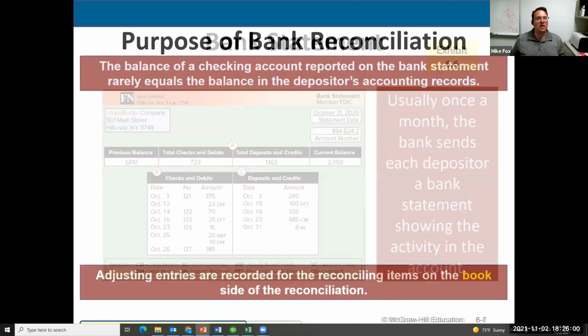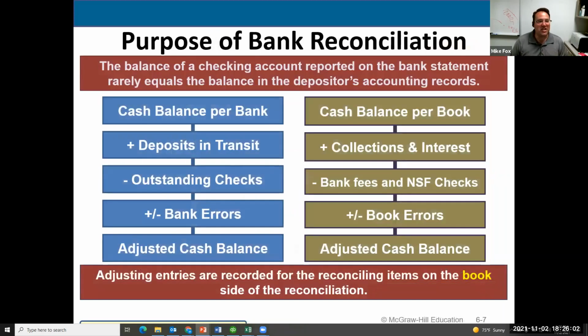All right. Anyway, so the purpose of bank reconciliation is to make sure our records, our books is the term they'll use, match up with the bank's records. The problem with that is the numbers are never going to match. So we have to reconcile them. The reason they don't match is because